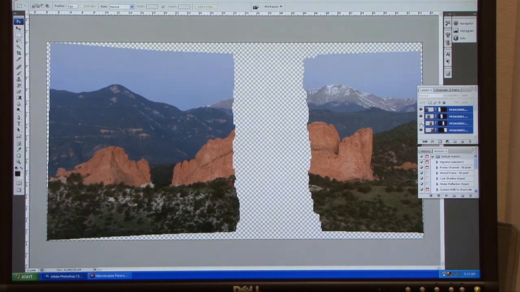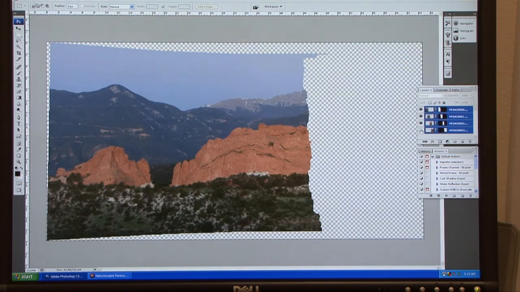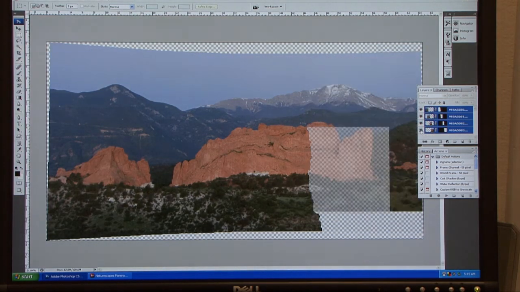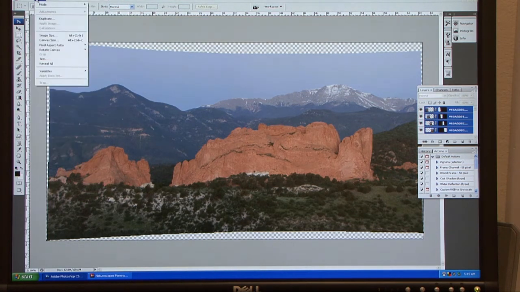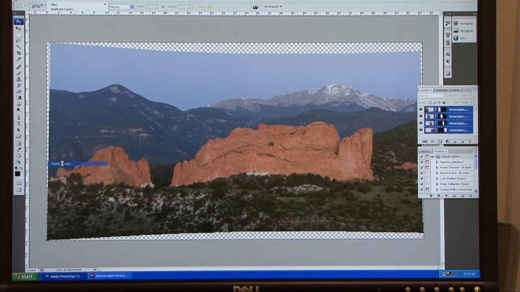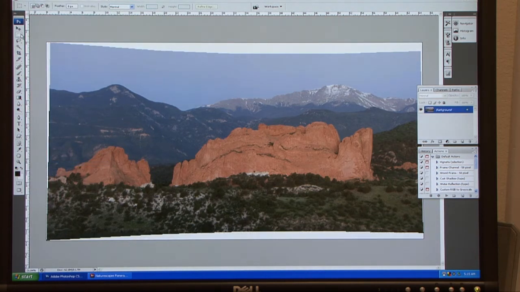And here's the 3rd image that was used. That part of the image was used in making this panorama. And here's the 4th image over to the right. So those exist as layers. This could be saved as a Photoshop file preserving the layers. Let's just go through and flatten this thing. We'll flatten it. We don't need the layers at this stage because we're ready to crop this thing, get rid